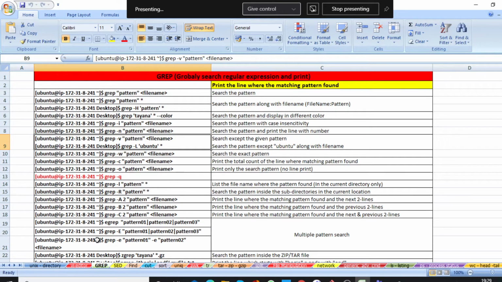Okay, and in the same way, you will either have to use egrep, or you will have to write grep hyphen capital E, then your pattern names. And the third is grep hyphen E pattern 1, then again space hyphen E pattern 2, like that. You will have to put a number of patterns and then you put your file name. Okay,